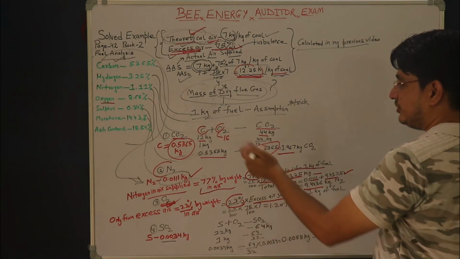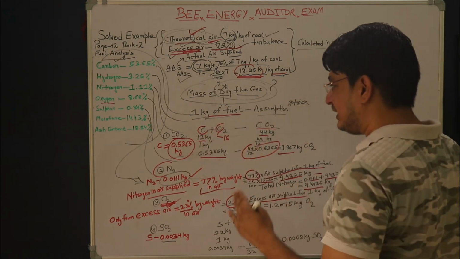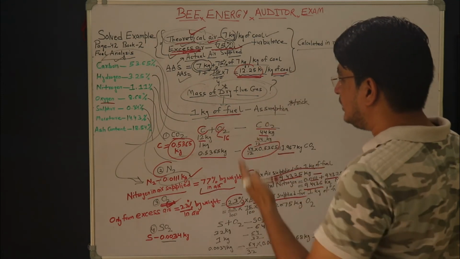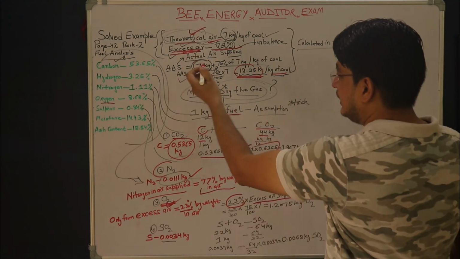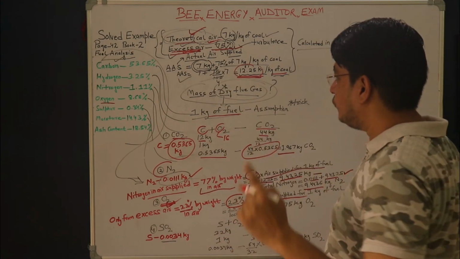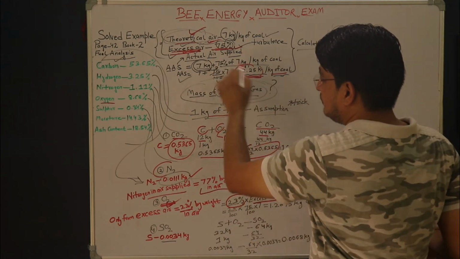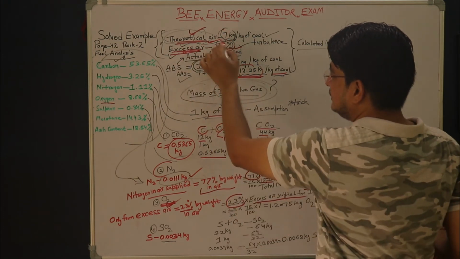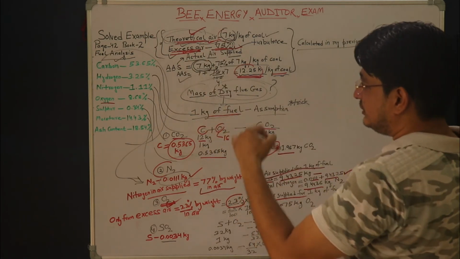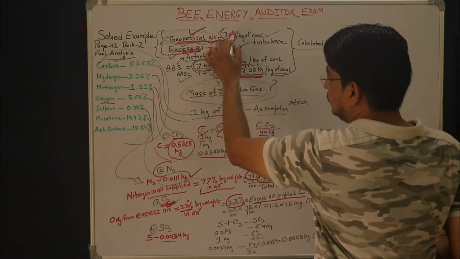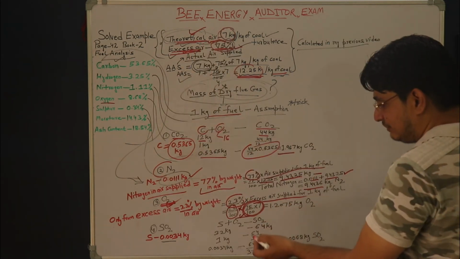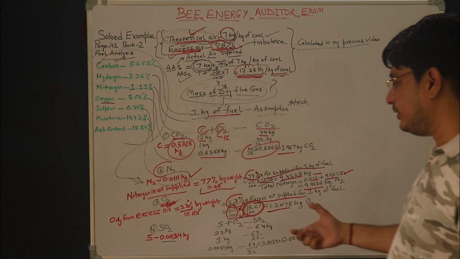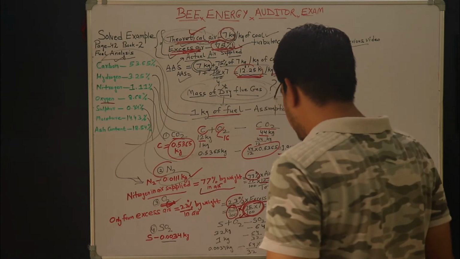Since I have been considering 1 kg of fuel, first I need to calculate how much excess air is required for 1 kg of fuel, which I have already calculated. As you can easily see, the excess air supplied for 1 kg of fuel will be 75% of the theoretical air. The theoretical air supplied for 1 kg of fuel will be 7 kg. Accordingly, the excess air supplied will be 75% of this 7 kg. So the oxygen can be calculated as 1.2075 kg. I hope it is very clear how we have calculated this oxygen.